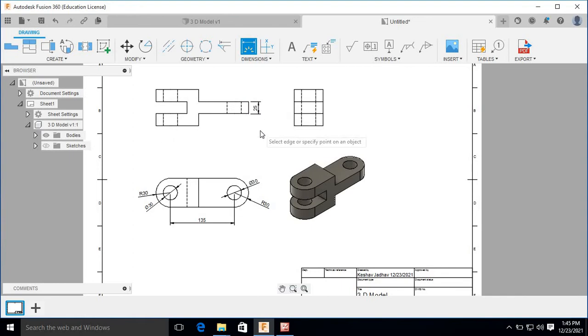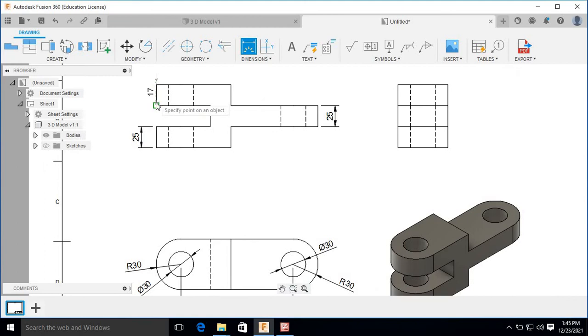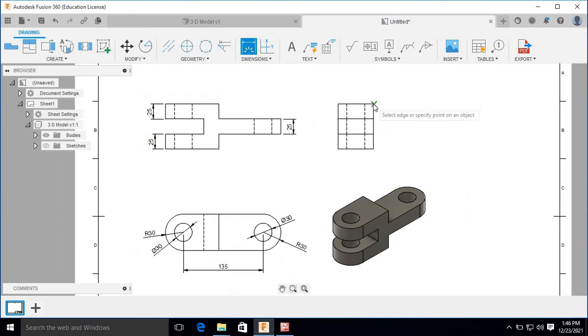This is 25. This also 25. Here we can give total height like this. So in this way we can give different dimensions.